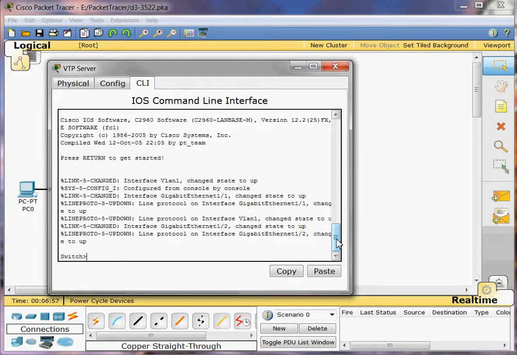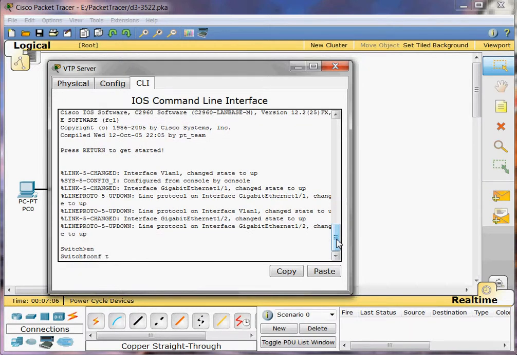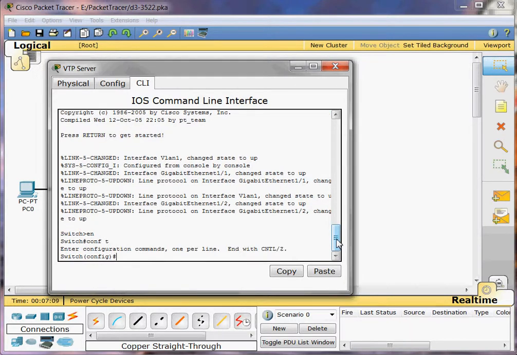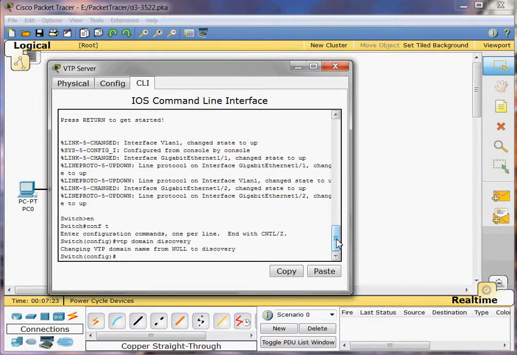and we're going to enter global configuration mode. So config T, and then we're going to enter VTP domain discovery. Okay, and then we're going to set the VTP mode to server. So we're going to type VTP mode server,